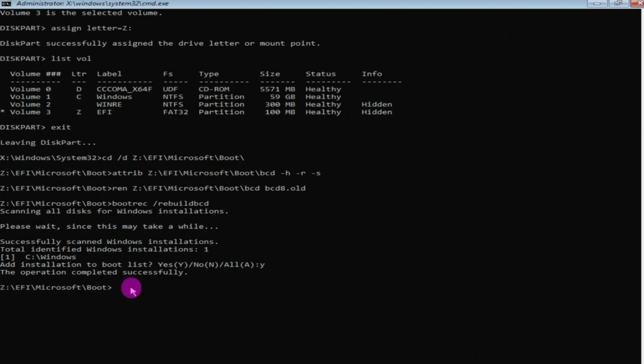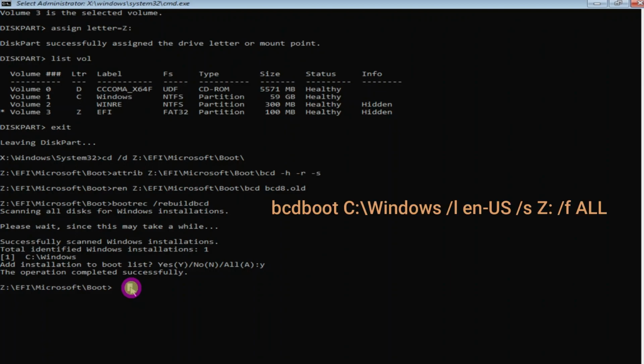In case the bootrec rebuild command has not worked for you, you can still continue with the following command. Even if it has worked for you, please continue with the following command. You can try the following command in order to recreate the BCD. So write bcdboot, space,